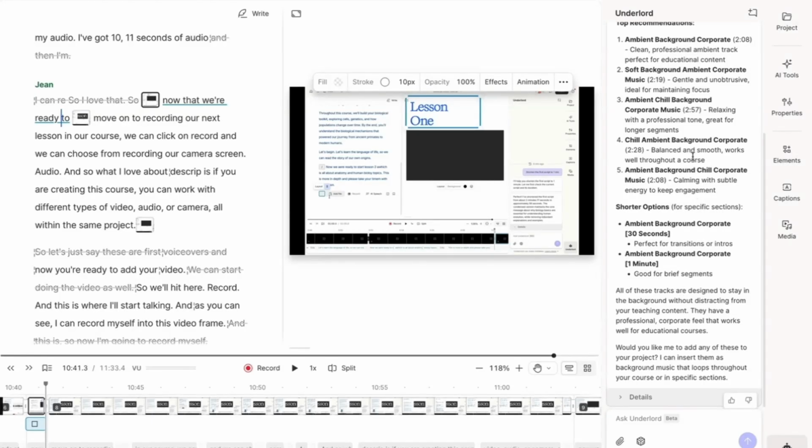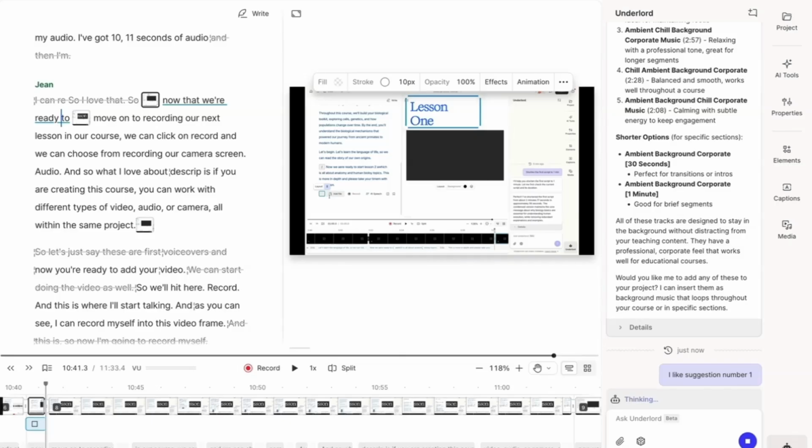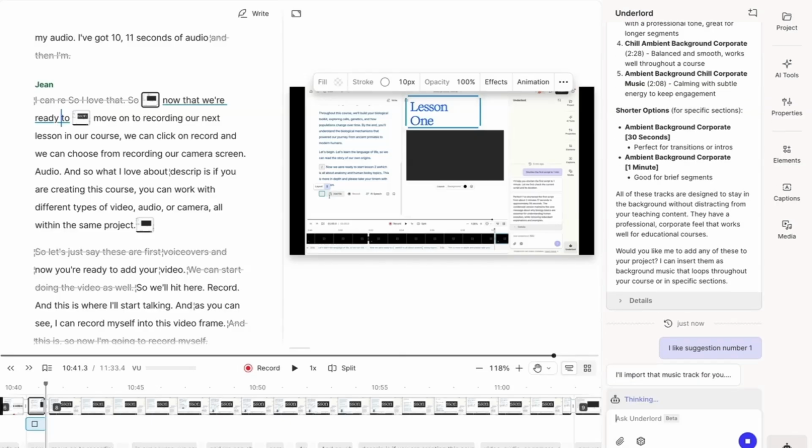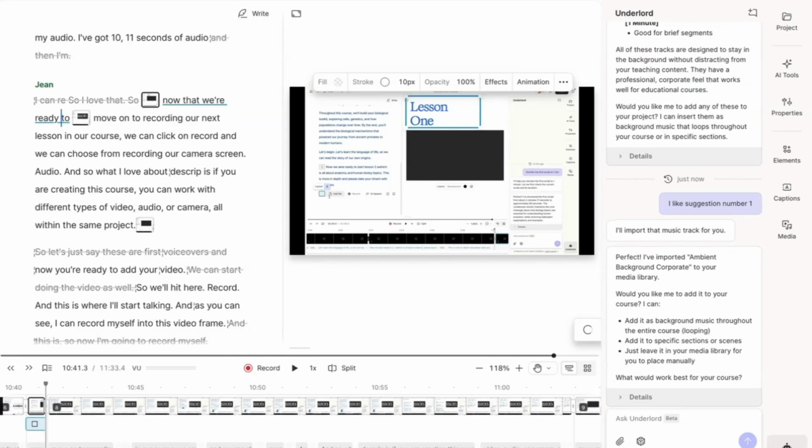And then once you choose one, you can say, I like suggestion number 1. And then Underlord will go ahead and add it in for you. And so that's one of the nice things about using Underlord. It does save time by giving you some suggestions, helping you make some decisions, but ultimately review and see if it really fits before you go ahead and insert any music recommendation from Underlord. And so that is an overview of Descript, how to use Descript, and how to use Descript for your online